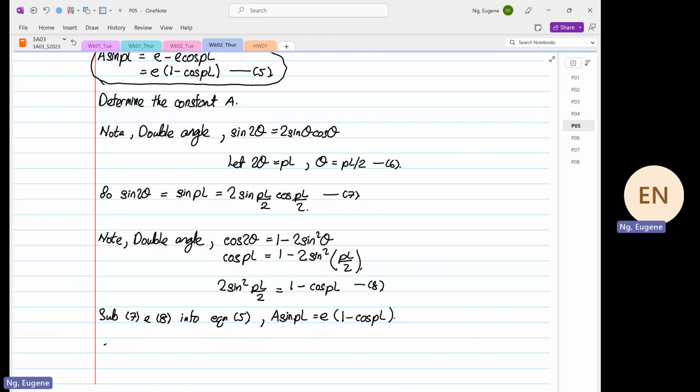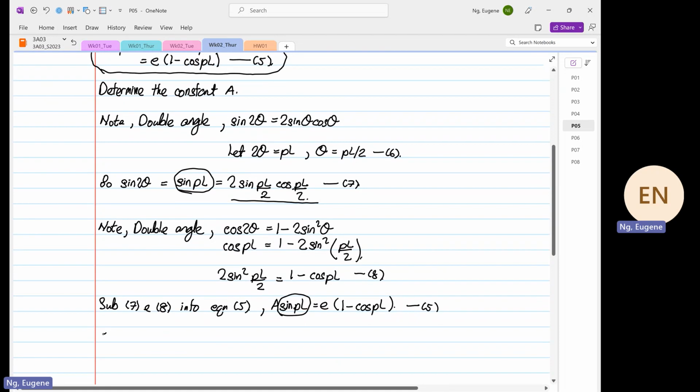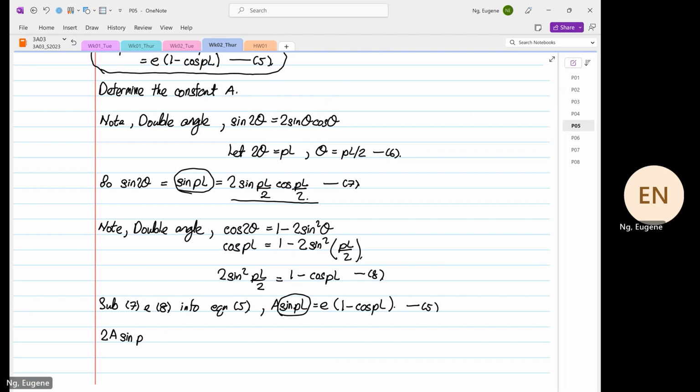We know the relationship of A sine PL over here, and A sine PL is equal to 2 sine PL over 2 cos PL over 2. So on that front, we can write that this is equal to 2A sine PL over 2 cos PL over 2. And then the whole term is equal to, so we know that 1 minus cos